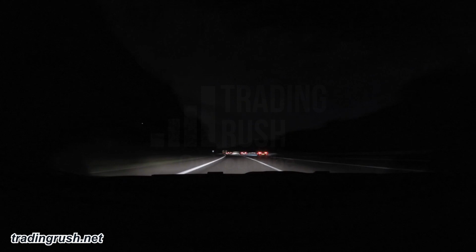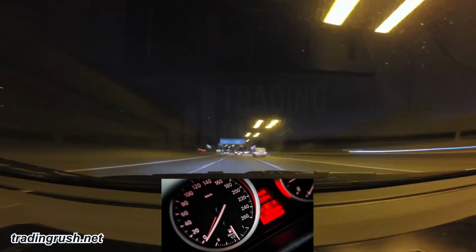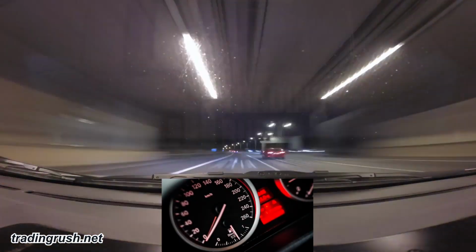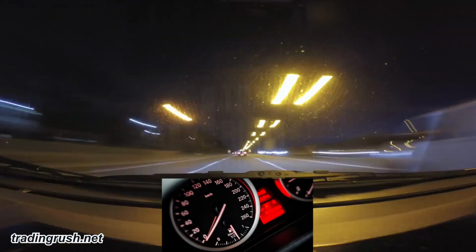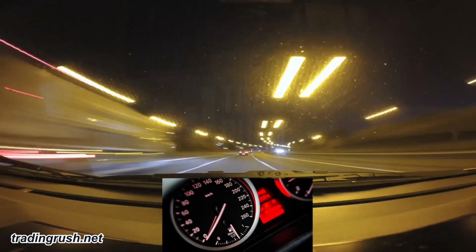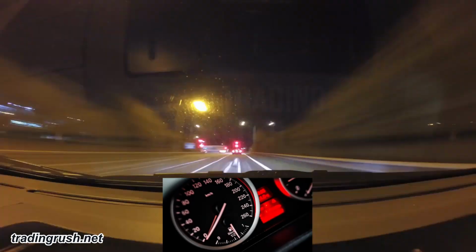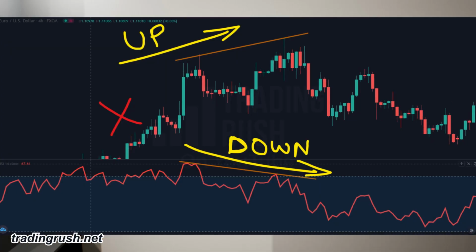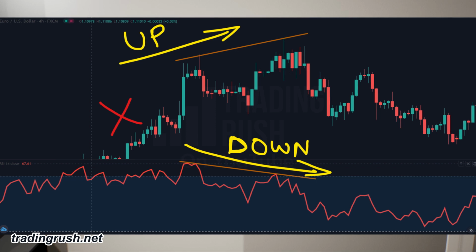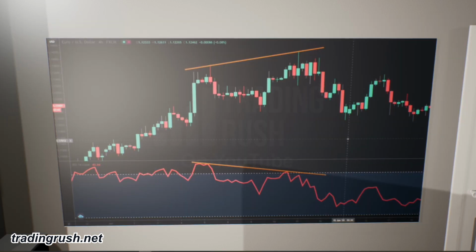Think of divergence like this. Let's say you are driving a car. When you step on the accelerator, the car goes faster, but the speedometer goes down. As you can see, there is a disagreement between the actual speed of the car and the speedometer that is indicating the speed. This hints that there is something wrong with the car or with the world the car is driving in. Similarly, when you see the price movement and an indicator on a chart at a disagreement, you simply wait until you see them in an agreement. That's all. That's what divergence is all about.